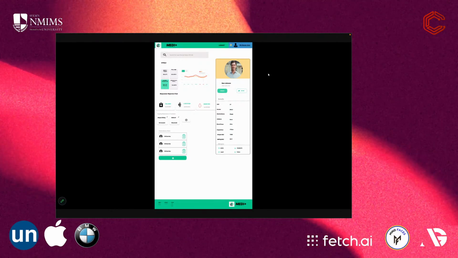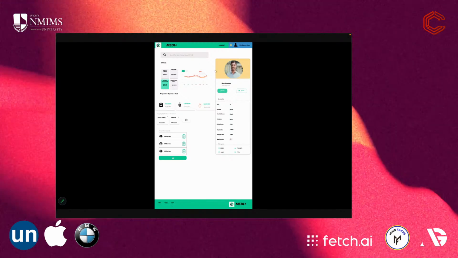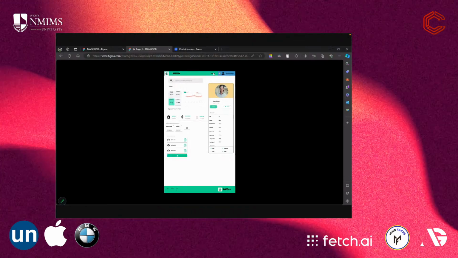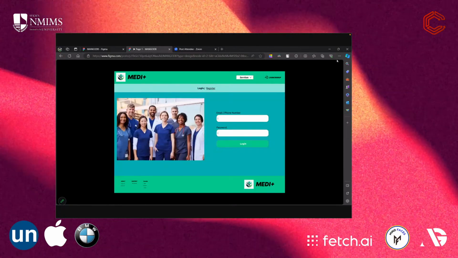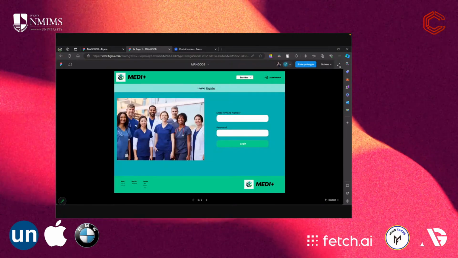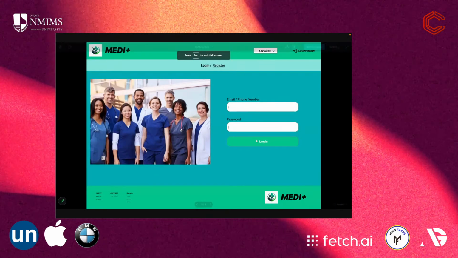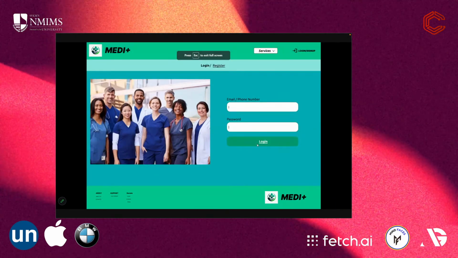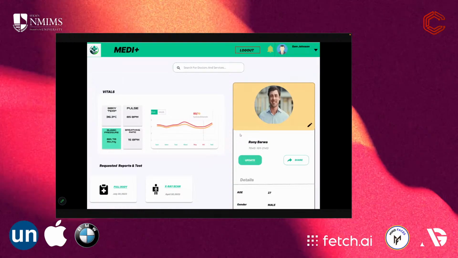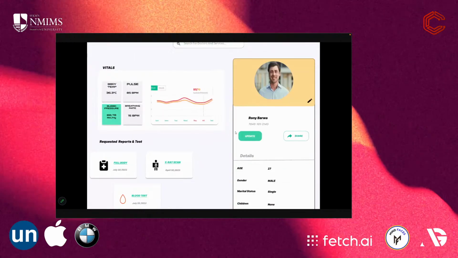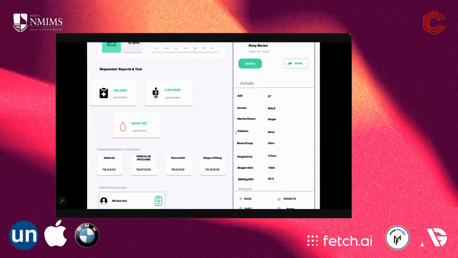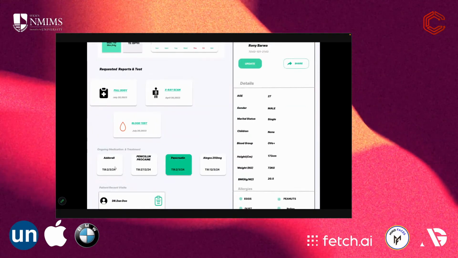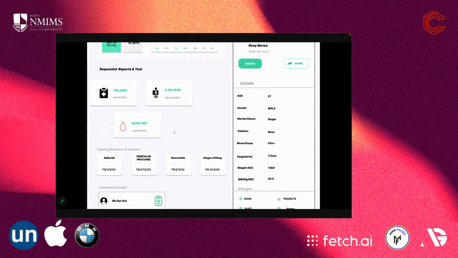Now, what if a patient logs in? If a patient logs in, he will be directed to the patient dashboard. This is the patient dashboard. Again, it is the entire same thing, but here the patient can edit his information. He can check his ongoing medication, what medication he is on,